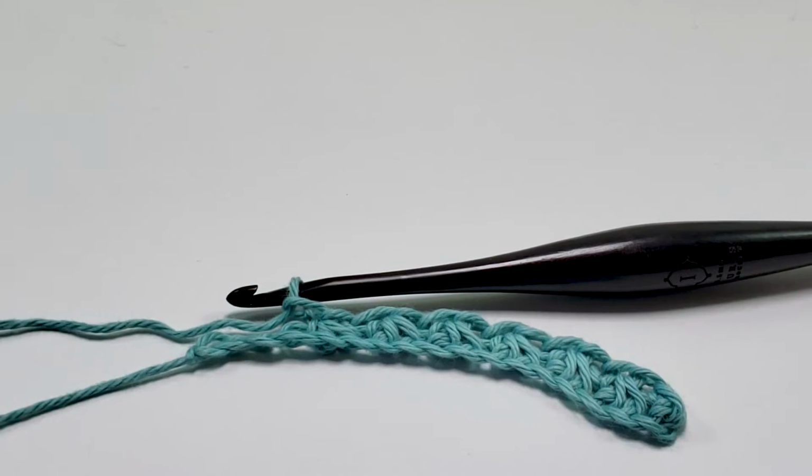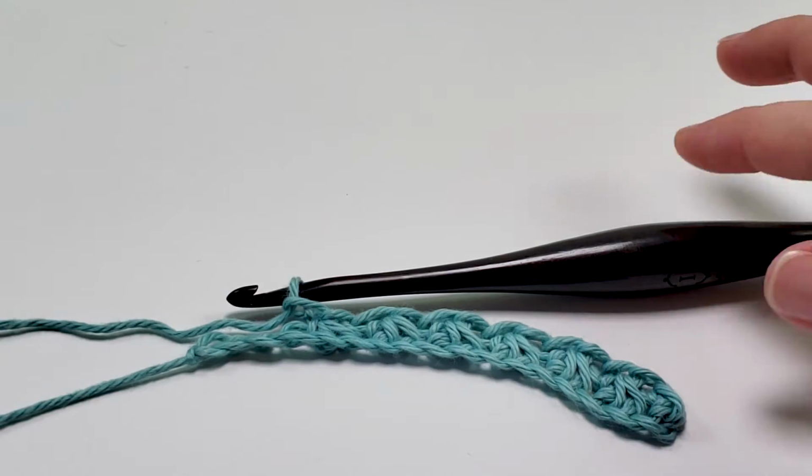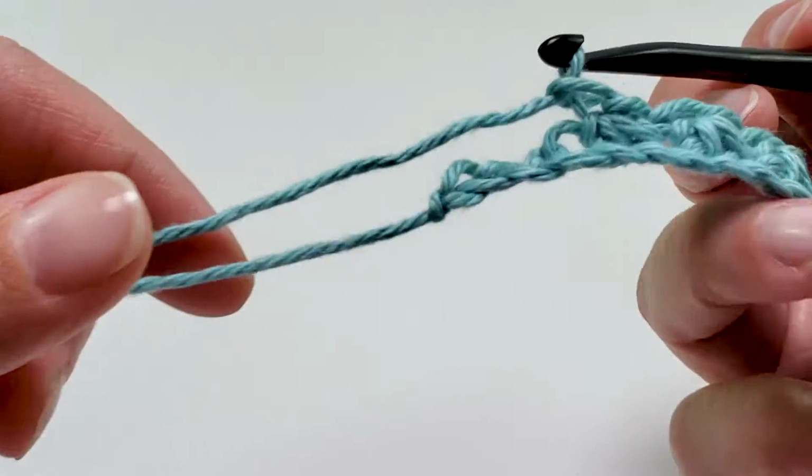Hi everyone! I had a request about Grandma's simple blanket pattern and I wanted to try to help you with this. So at the end of the first row,